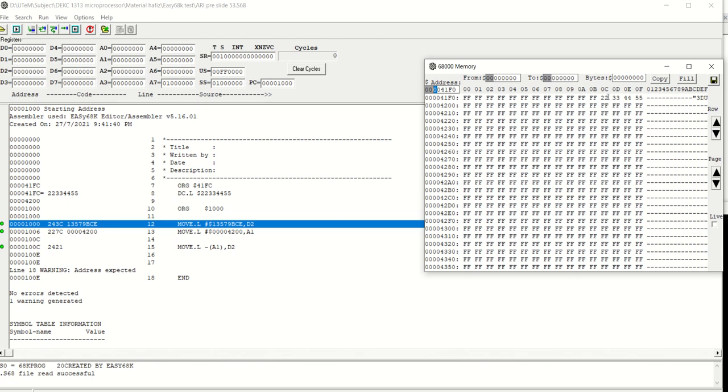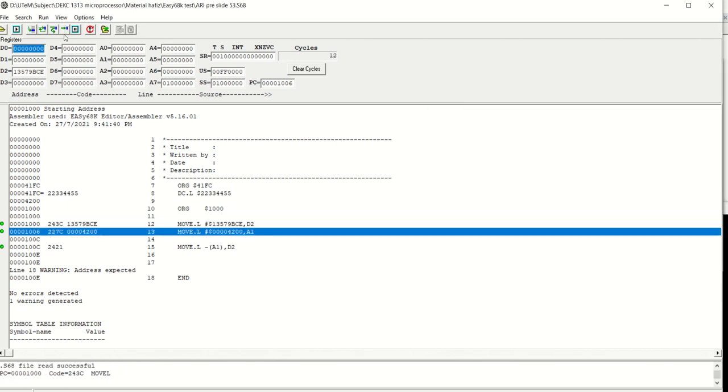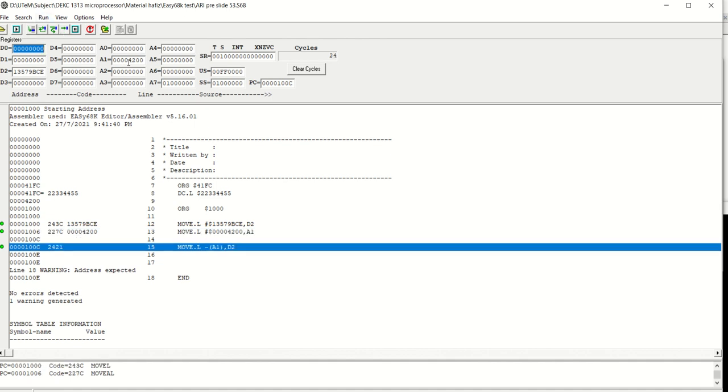Then try to execute. D2 will change to this value, and A1 will change to 41FC. We expect the value inside 41FC, which is 22334455, will be substituted into D2. Previously D2 is 1357, and then it will change to 22334455. I hope that is clear.